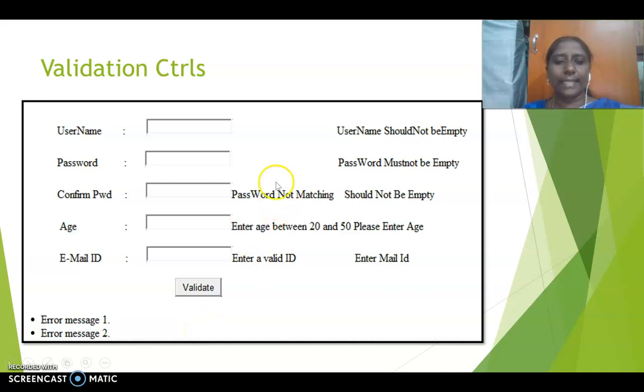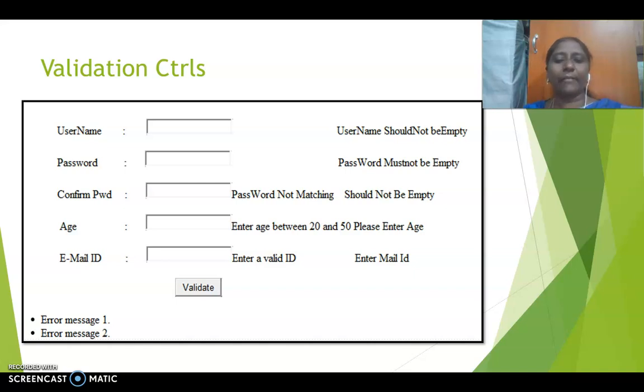So this is an example for validation controls. Here you are having a text box which deals with the username and then a password, confirm password, age and email ID. In this example, we have used the validation controls for username, that is, username should not be empty, password should not be empty, and we are having confirm password where you will be using compare validator for password and confirm password.